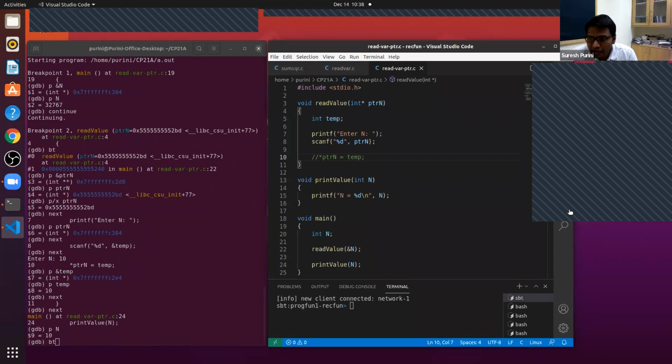Hey, don't worry about the backtrace command. What does scanf require? Scanf requires the address of the memory location which it needs to update. The address present in PTRN is the address of the variable n, so it gets updated. Are you with me here?